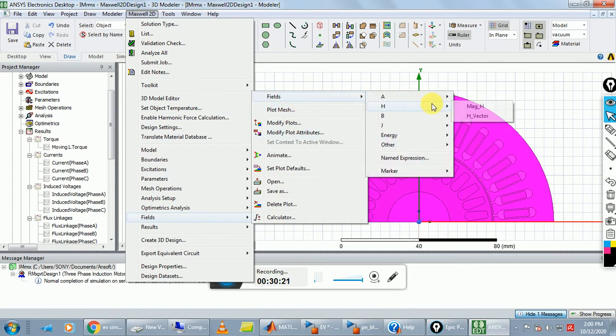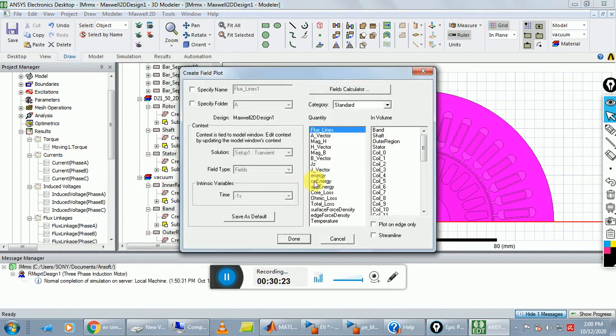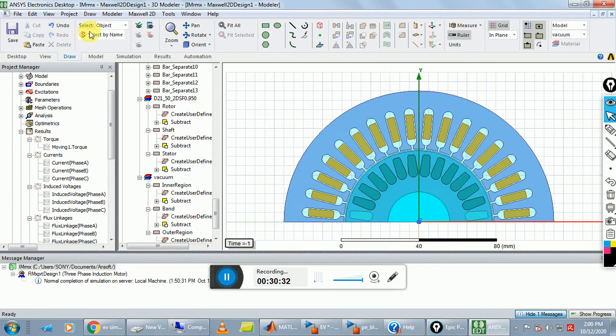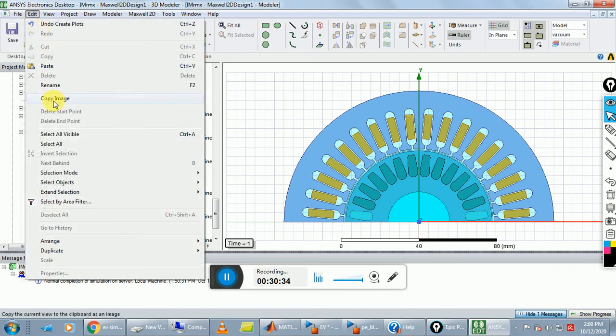Here we check flux lines and click on select all object, done, and again do the same step.